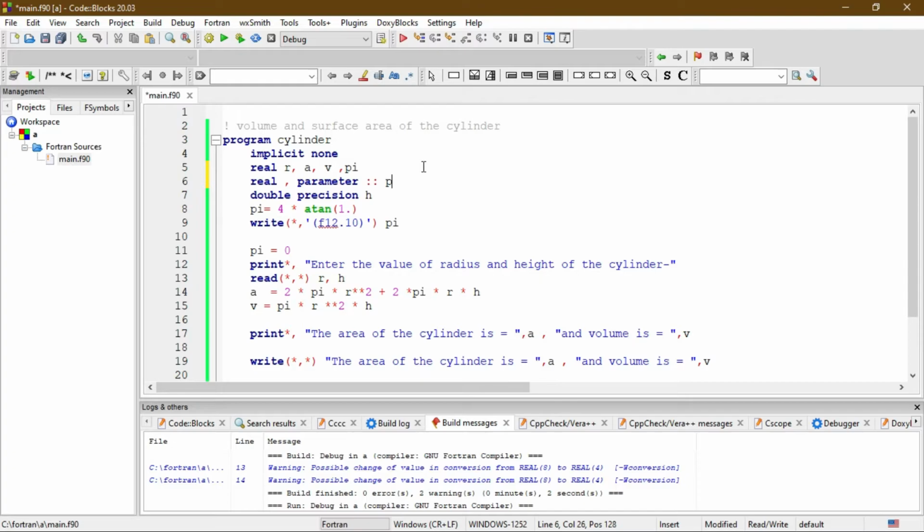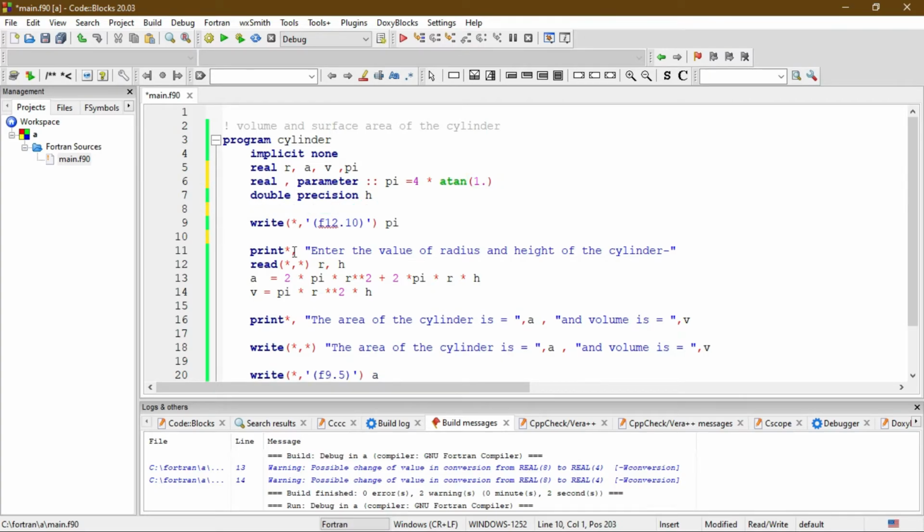Now just define this. One thing you should remember is that while defining a parameter in Fortran, the parameter has to be assigned its value immediately. That is, you always have to define its value here. Now let's build and run the program.